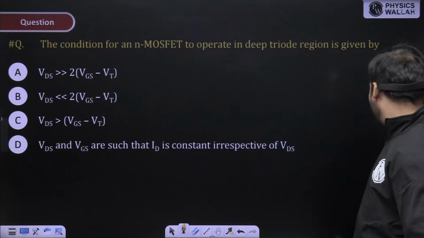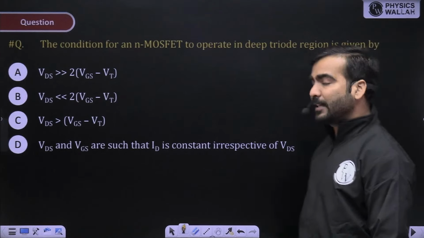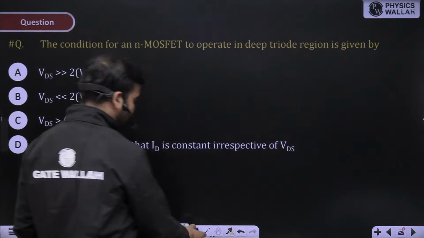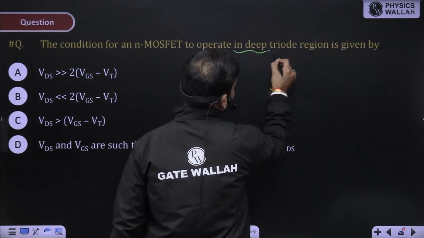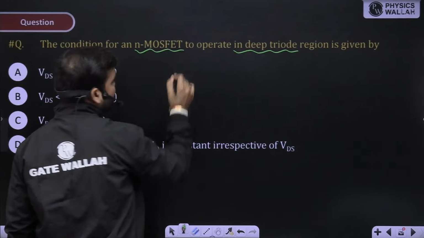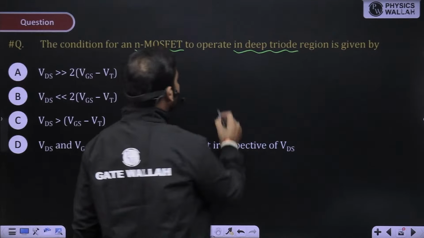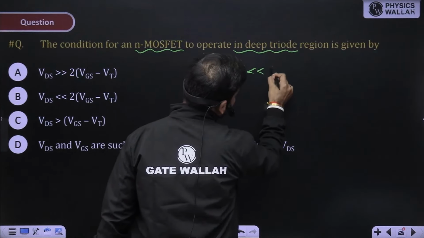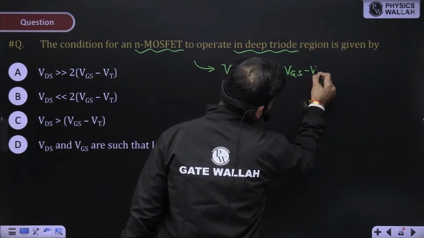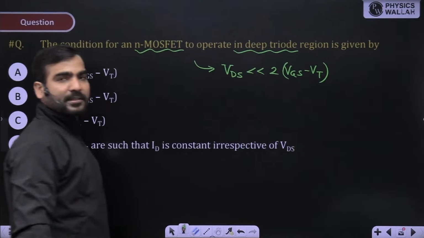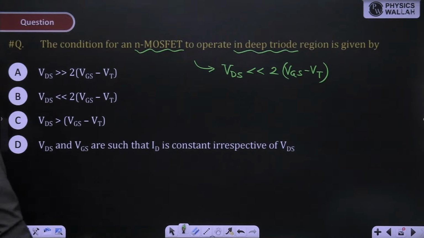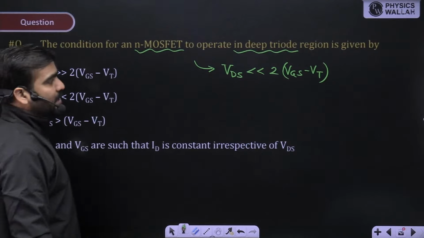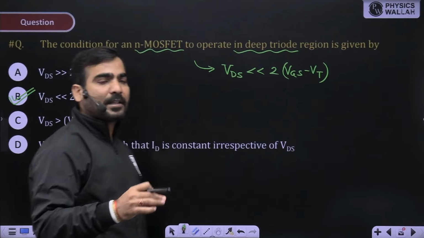The condition for an N-channel MOSFET to operate in deep triode region. Very simple question I have given to you. What is the condition for deep triode region? A MOSFET operates in the deep triode region, specifically N-channel MOSFET. VDS should be much less than 2 times of VGS minus VT, 2 times of overdrive voltage. So VDS much less than 2 times of VGS minus VT. Option B is correct. And this is the condition for deep linear region of operation or deep triode region of